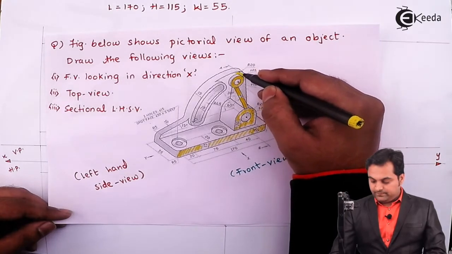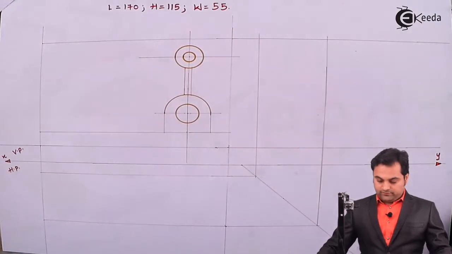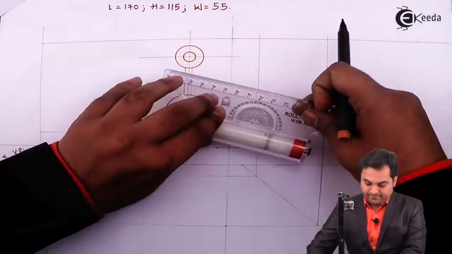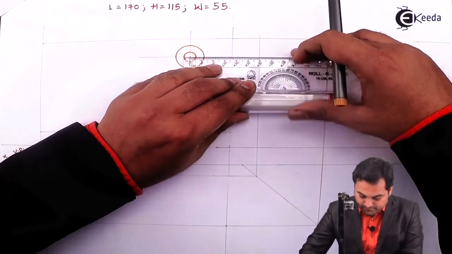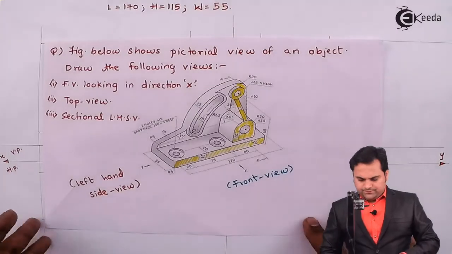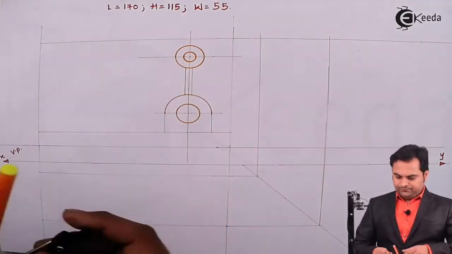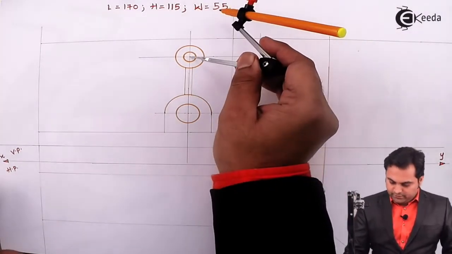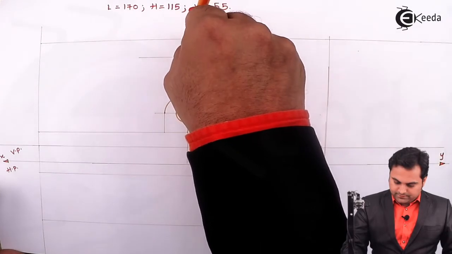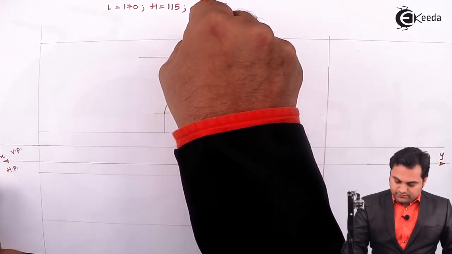Then looking from front, in that case, here there is an arc which is having radius 20 and the center is same. So for that, I'll take radius 20 mm from the center. So here I've taken radius 20 and then I'll draw a light arc which is a quarter circle,